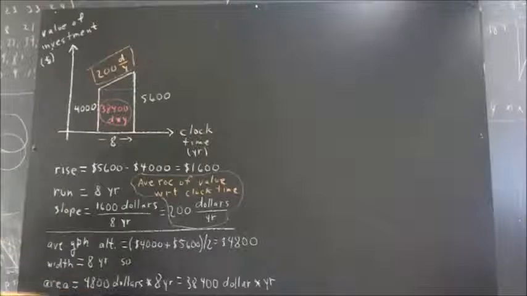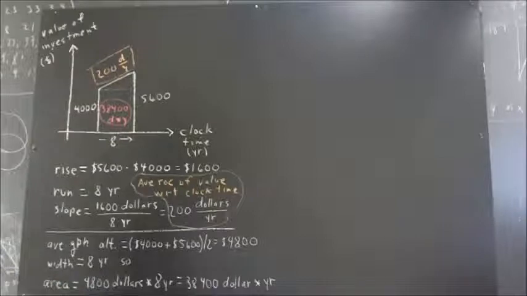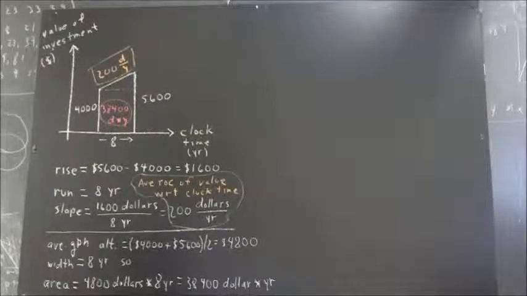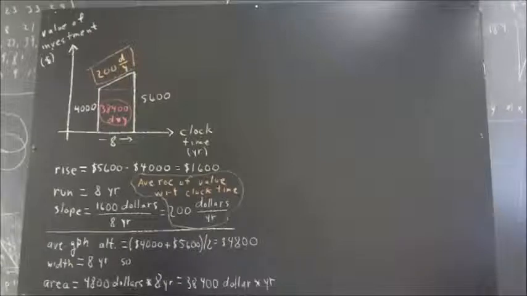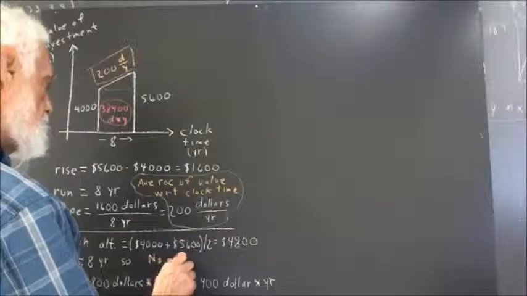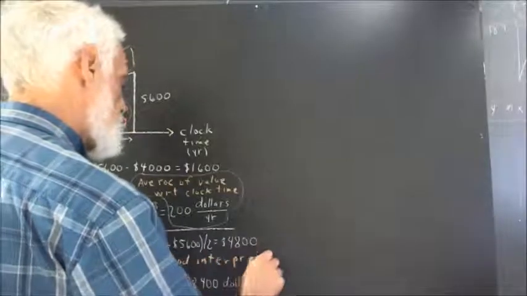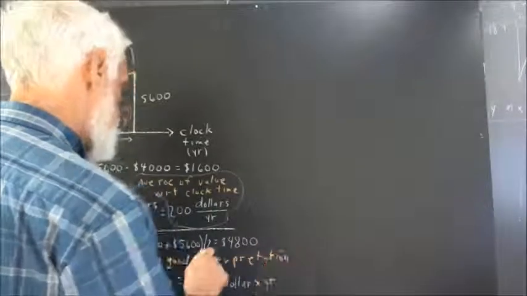Okay, now let's move on to the question of the area. What does $38,400 dollar-years mean? See if you can come up with an interpretation. Well, hopefully you've given that some thought, and it's quite possible you couldn't come up with a good interpretation. And the reason for that might be, just coincidentally, that there is not a good interpretation. So I'm going to say there's no good interpretation in this case,